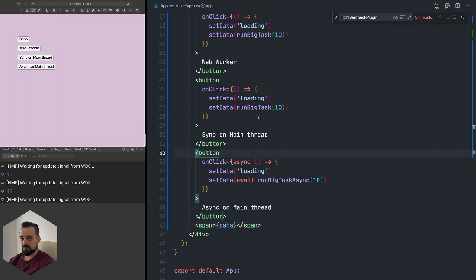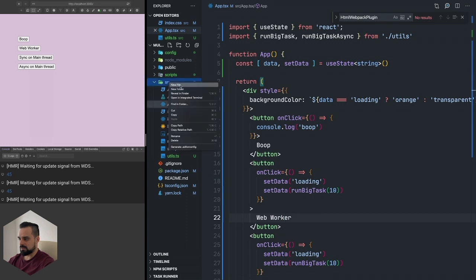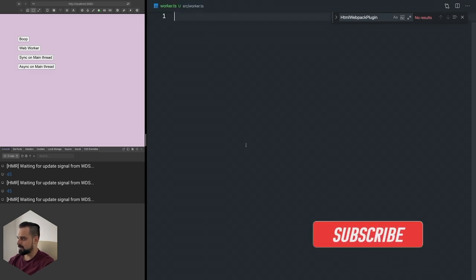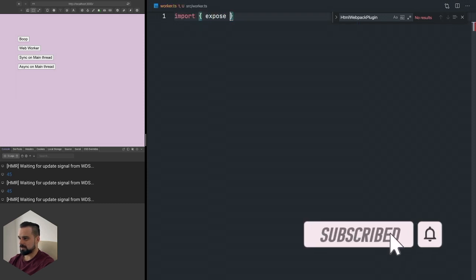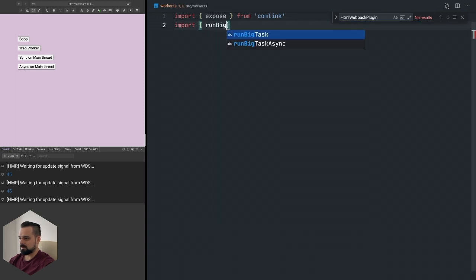Now let's go to the fun part. Let's create our web worker. So we go again to our source file. I'm going to create a worker. My worker TS is going to import the expose function from Comlink, and it's going to import run big task